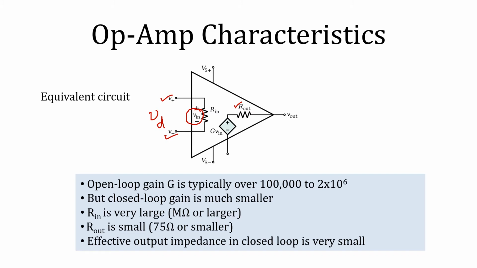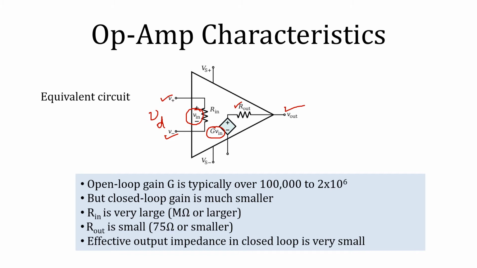Then we can model our gain, where G is the open loop gain. So G multiplied by the input voltage can be represented as G into VIN. So it can be termed as a voltage source, and this voltage is given in terms of V out through a resistance which is known as output resistance, or R out.